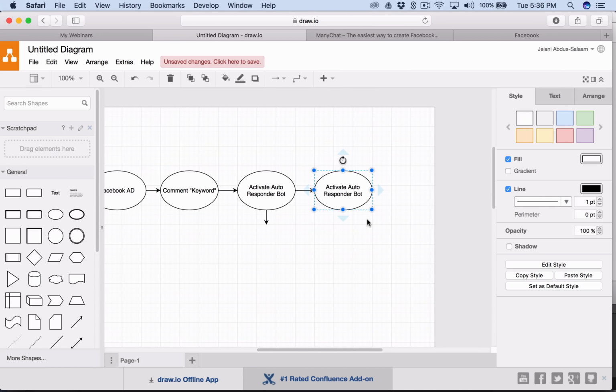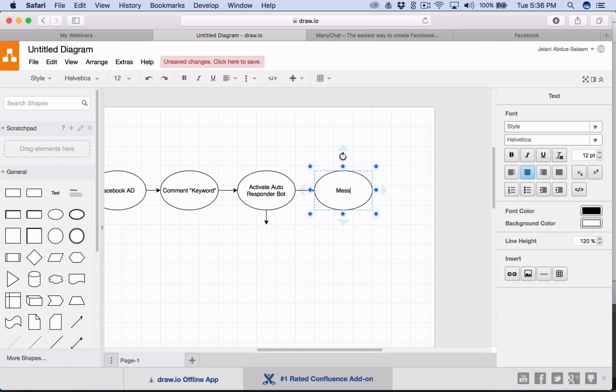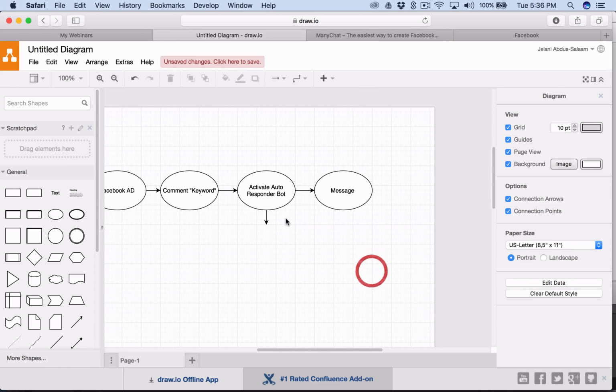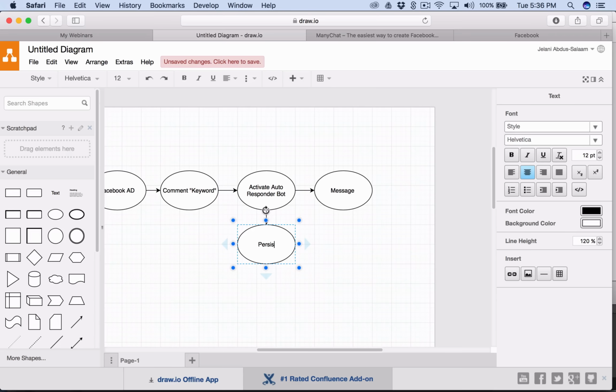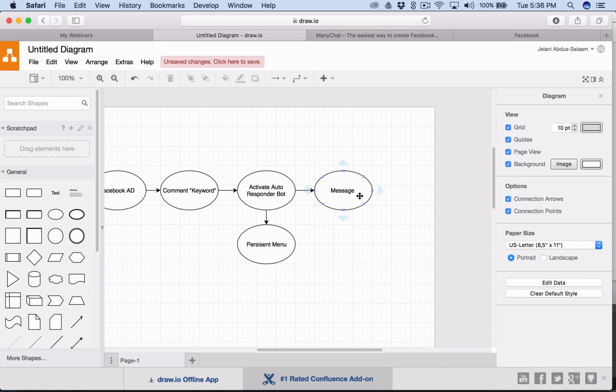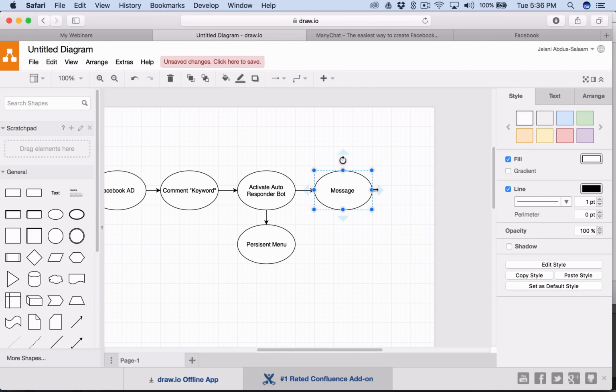And then we're going to put message, right? And down here is the persistent menu, okay? Whatever, doesn't matter about the spelling, all right? So you get the message, right? And then what happens after they get the message? They're either directed to the order, right? So they're directed to the order, but what we want them to do is we want them to reply back,